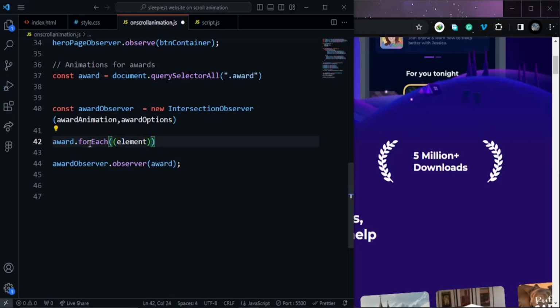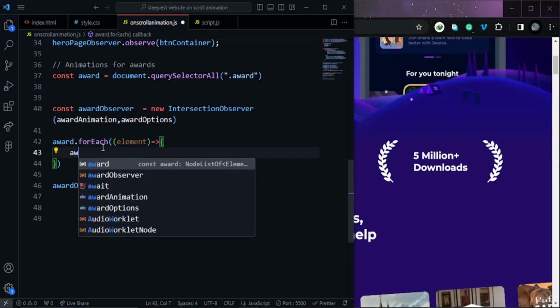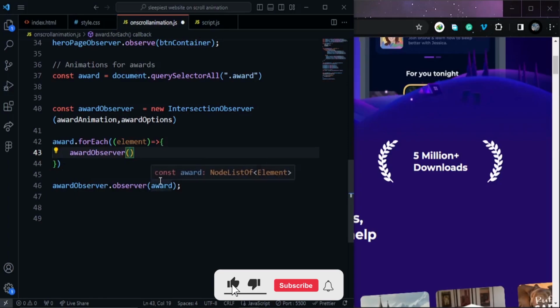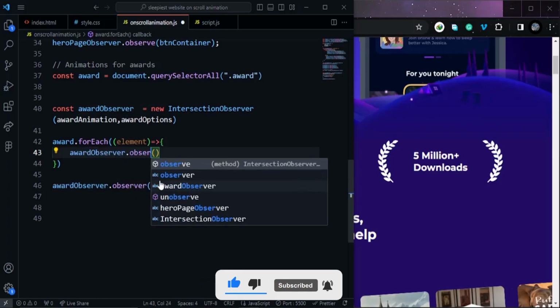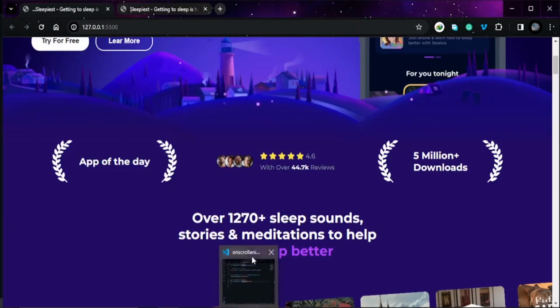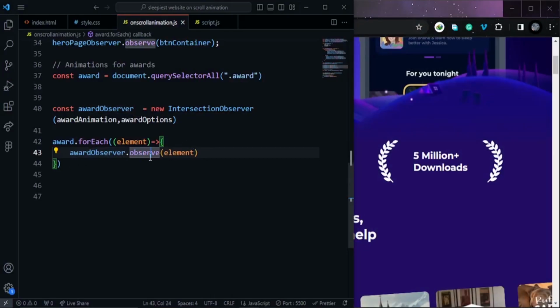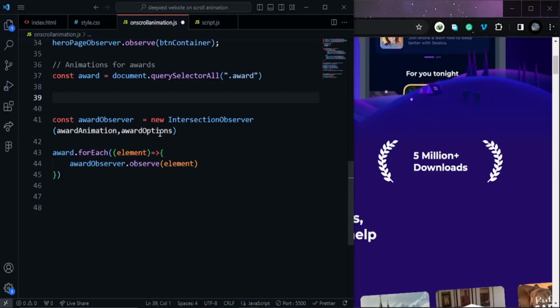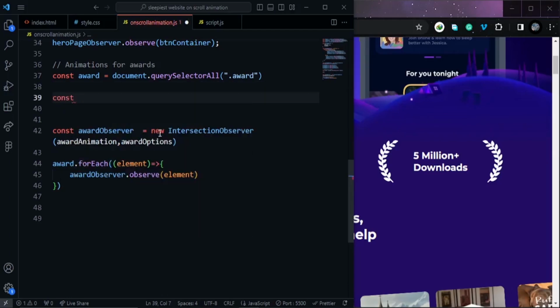So element and awardObserver.observe, and we're going to use this element. Delete this one, we don't need it. Now in this case it targets, or observes, each award element, each of the 4 elements, and it returns whether it is intersecting with the device viewport or not. So the next step will be declaring or specifying the option. const awardOptions